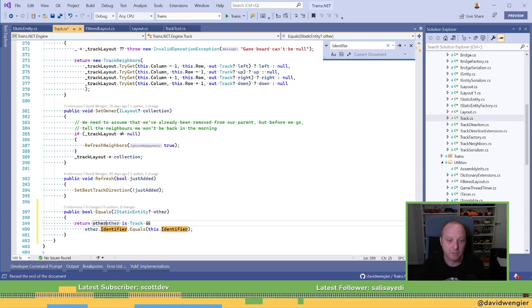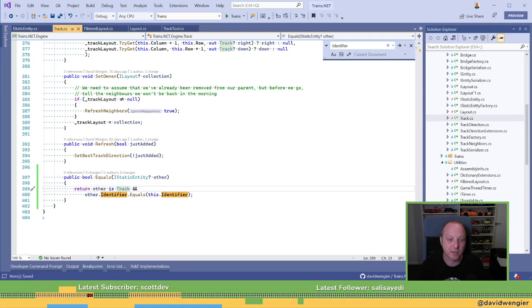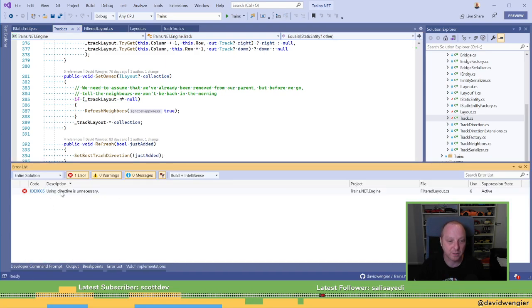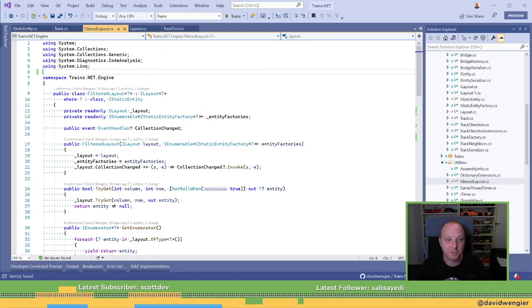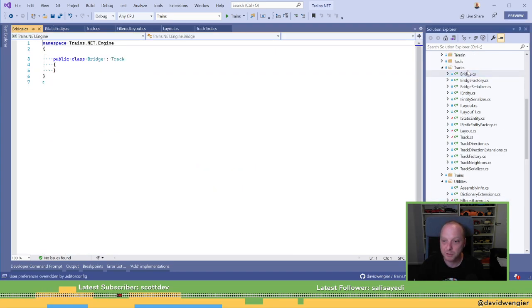And we're going to go other, actually no, is track includes a null check. Nice. All right, so presumably we need to do that using directives. Ooh, ECMA 335, excellent. Presumably we need to do that a few more times. So we got bridges.